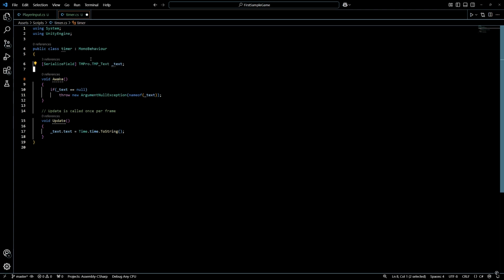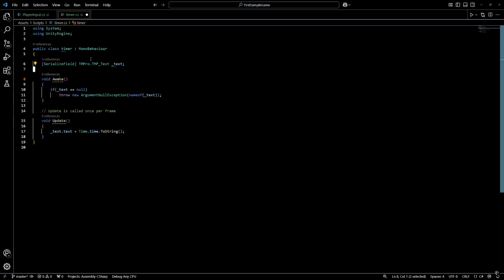Next is the Update method. The TMP_Text class has one of the variables inside that defines the displayed text. It is accessed by following the variable with a dot and typing text. The equal sign is here to assign, or set, the value of the displayed text. In programming, confusingly enough, double equals signs mean equals, a single equal sign is an assignment.